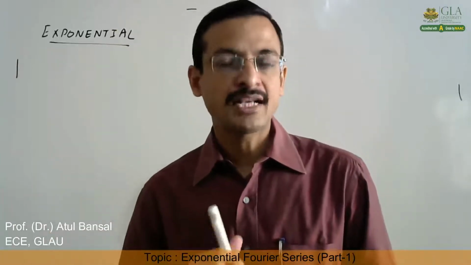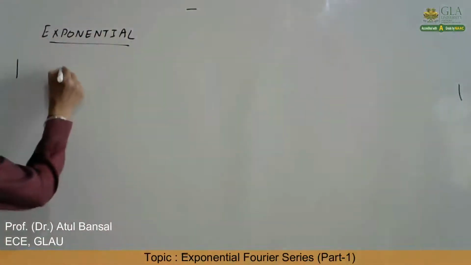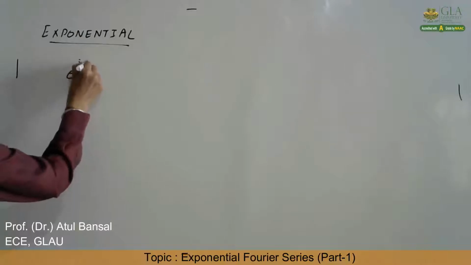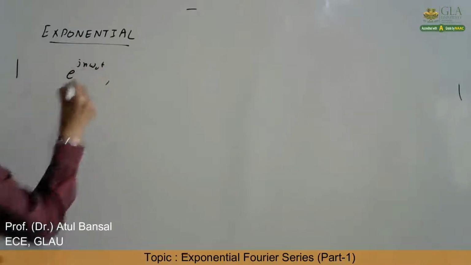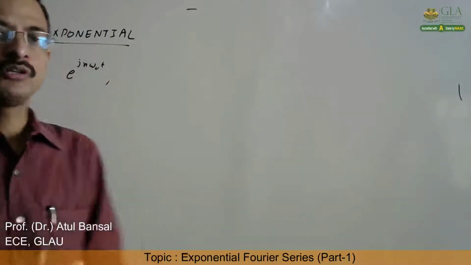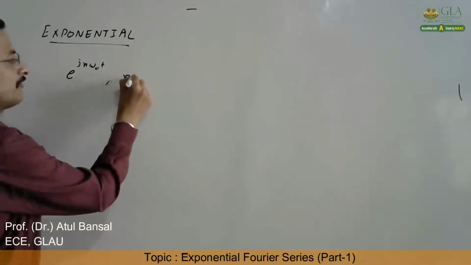basic definition of Fourier series, any periodic signal x(t) over an interval of time is expressed as a linear combination of orthogonal functions. Now in this series, the orthogonal function is a complex exponential function. What it means is that the complex exponential function e raised to power j n omega naught t forms a closed set of orthogonal functions for the different values of n.